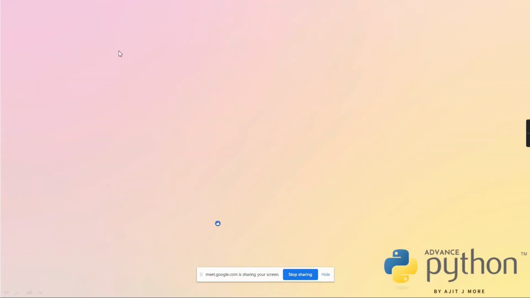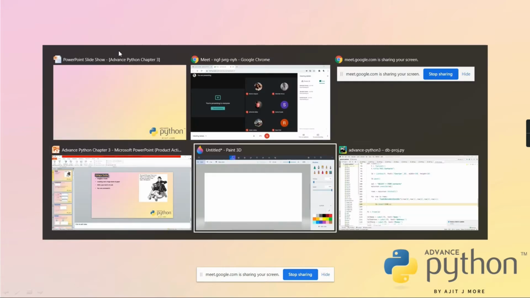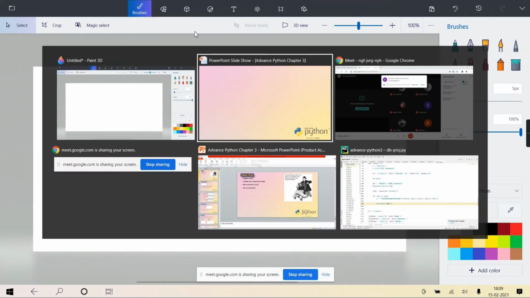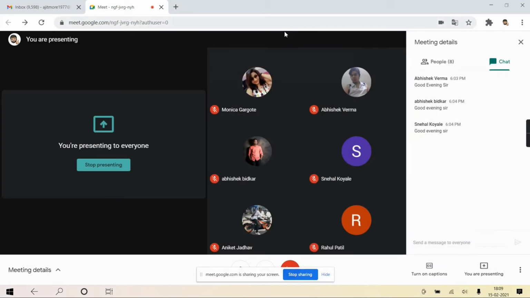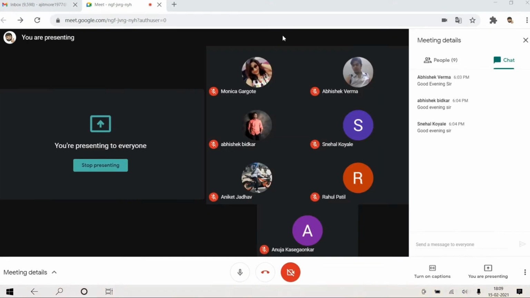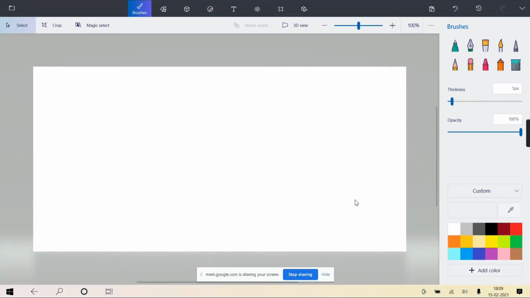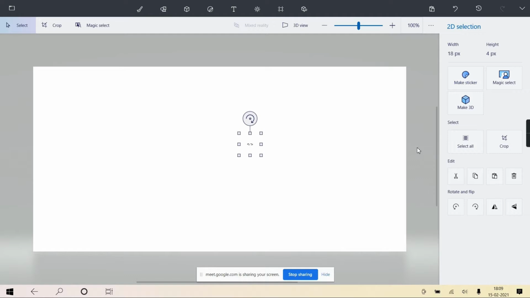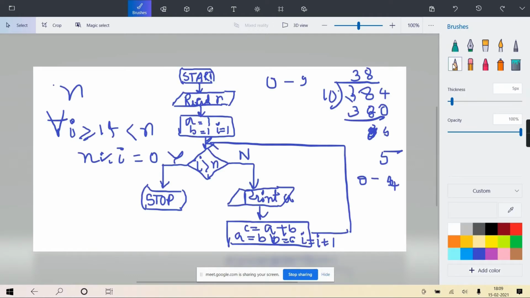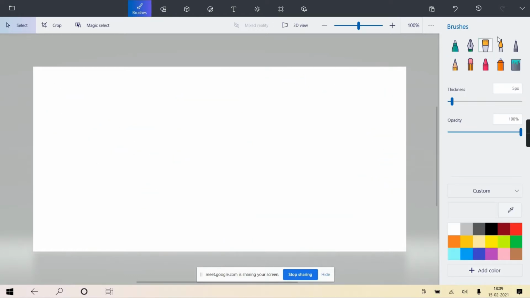So we'll assume that there is a canvas, a whiteboard, you can say, white, and on that one turtle is there. Any turtle object, and to that turtle's tail one pen is attached.